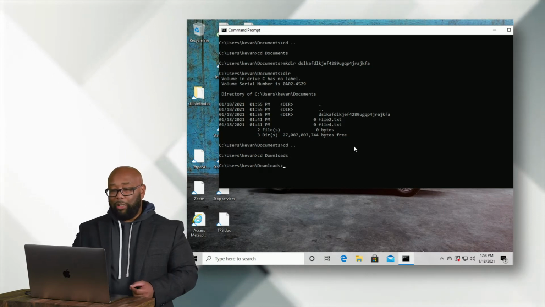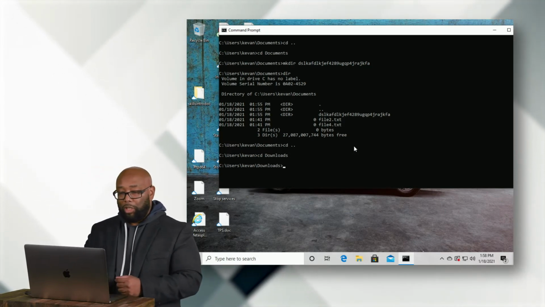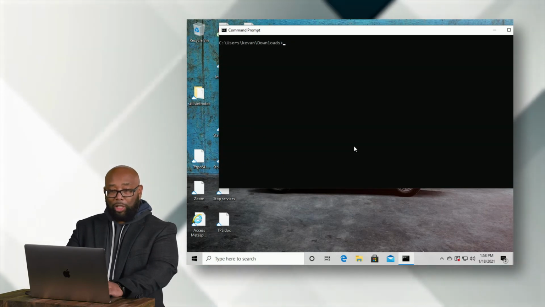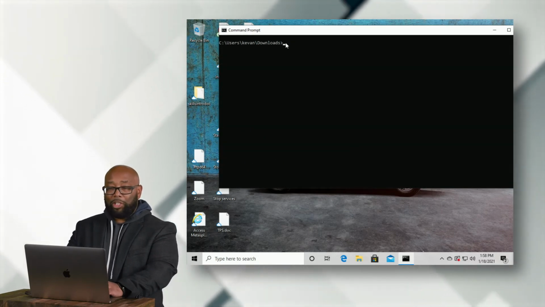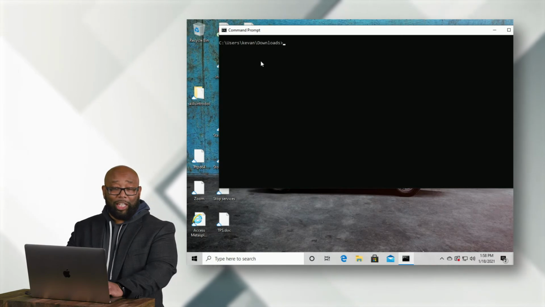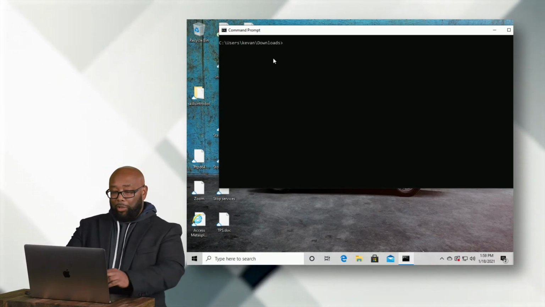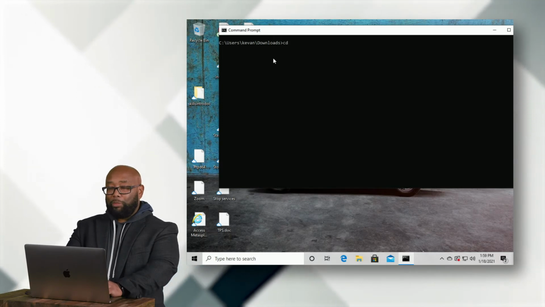But let me show you an even shorter shortcut. What if I now reverse that? Let's do CLS for clearing the screen. What if I reverse it and said cd back to Kevan and then cd into documents again? Go back to documents. Well, another thing you could do is you could say cd space